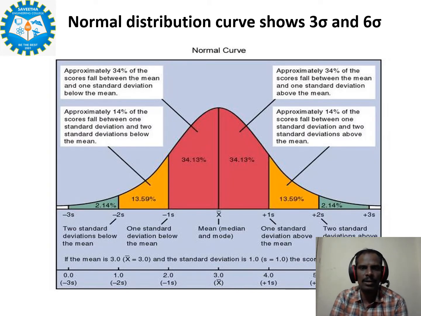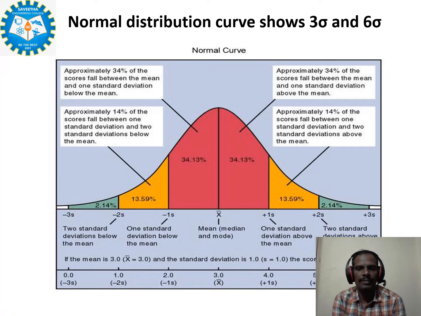This normal curve shows the variation in the interval from minus 3 sigma to plus 3 sigma. Three colors are indicated for this normal curve: the pink curve, the yellow curve, and the gray curve. The area in between the curves reaches 34 plus 34, so the total interval may be